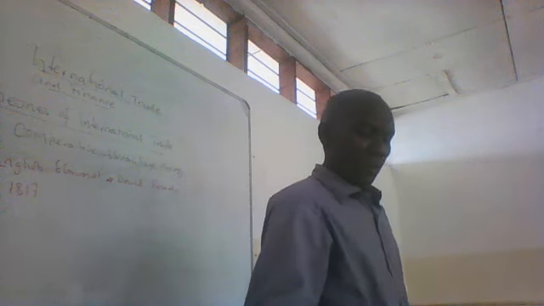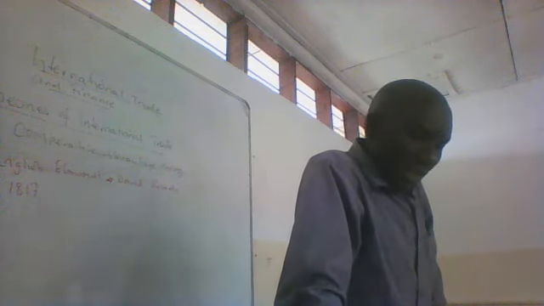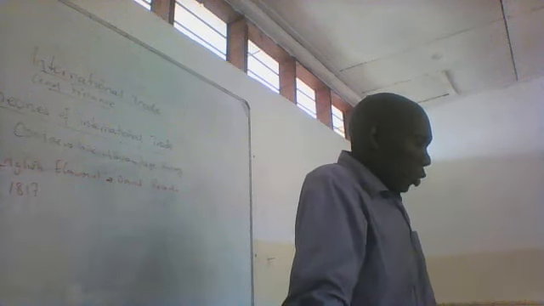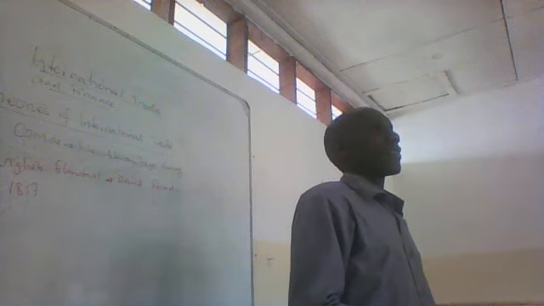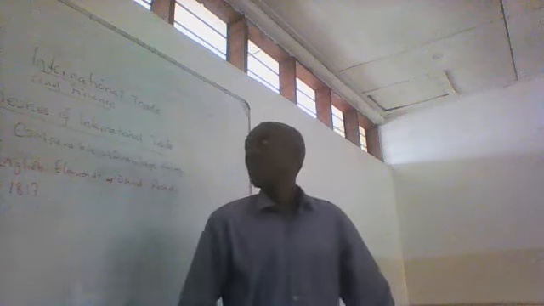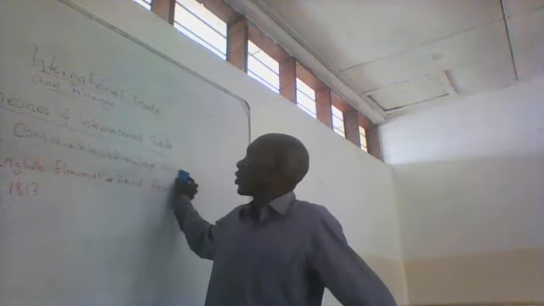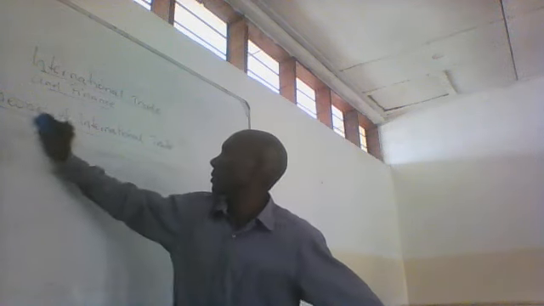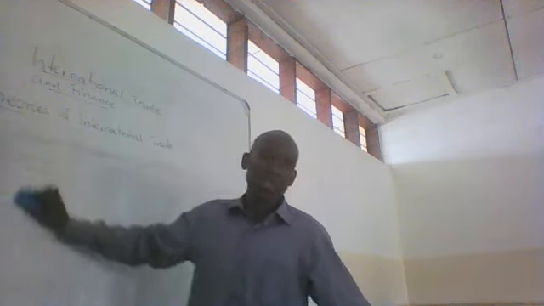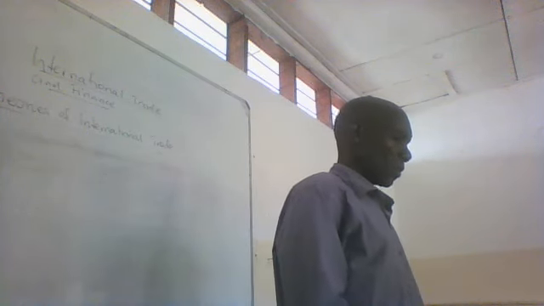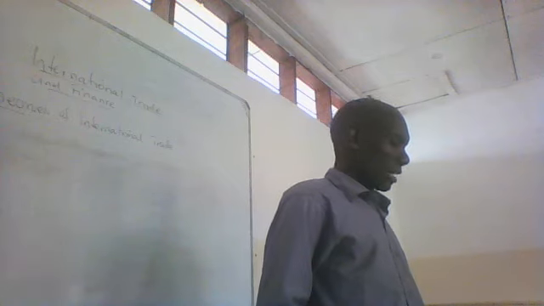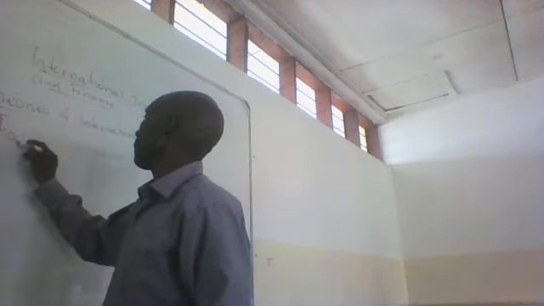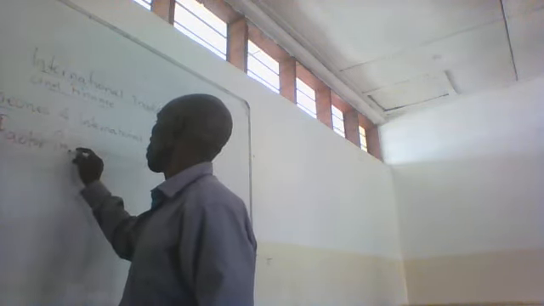Then I think that there is another one which is known as the factor proportion theory as the third one. We have the factor proportion theory. Let me just explain about the factor proportion theory, and having explained it, what is the theory all about? The assumptions and limitations, again, you can go through that later. But now, the factor proportion theory.